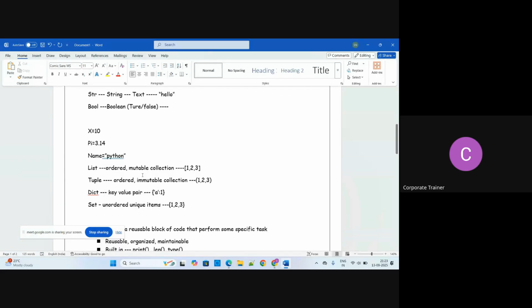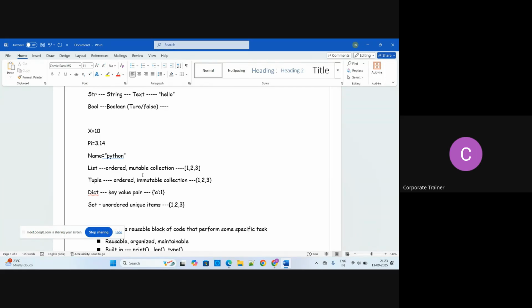Mutable is nothing but something which can be changed. List is ordered, meaning you arrange it in some sequence, and it's mutable, so it can be changed. You store multiple items in a single variable, and elements can be of different data types.